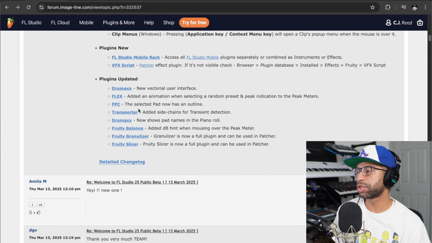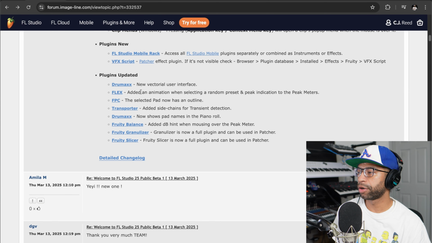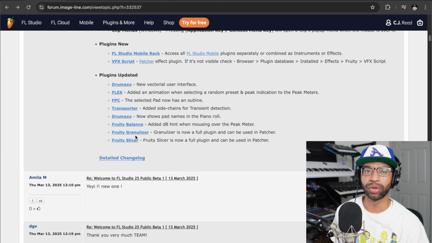You've got some updates with some plugins. So like Drum Max has a new vectoral user interface. Flex has added animation when selecting a random preset and peak indication of peak meters. FPC, the selected pad has now been outlined. Transporter added sidechains for transient detection. Drum Max now shows pad names in the piano roll. Fruity Balance added dB hint when mousing over the peak meter. And then like with the Fruity Granulizer and the Fruity Slicer, you can now use those in Patcher, which is